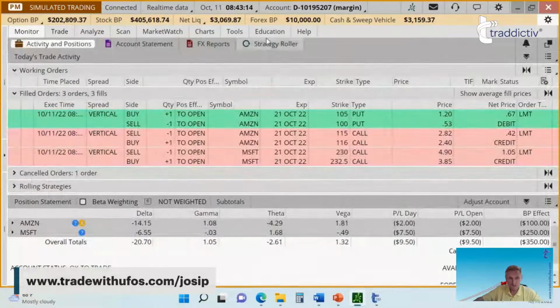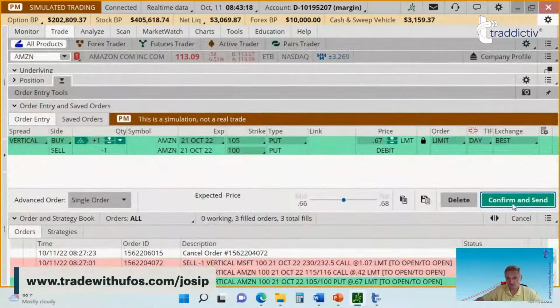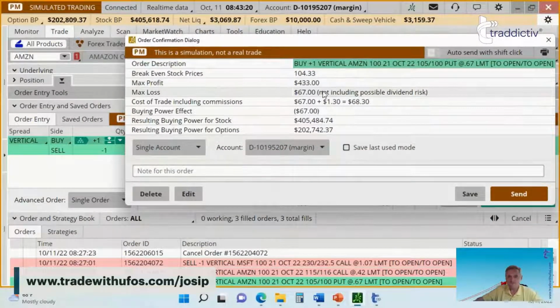For this, my profitability is going to be $4.33 if this really goes down. But I don't believe that Amazon is going to be that weak and go below the 100. Maybe it will, but that doesn't matter, as long as my 67, let's say, doubles. If my 67 doubles to, like, let's say 130, I'm going to be very happy about it.